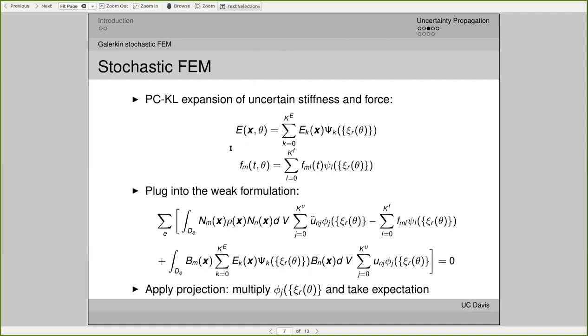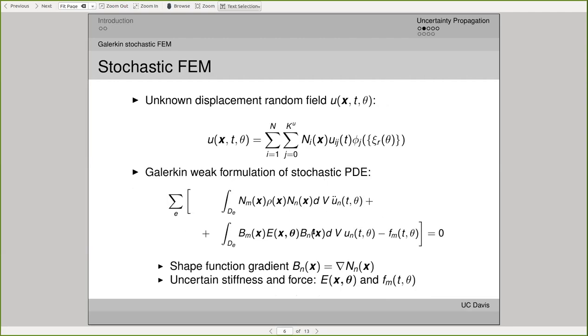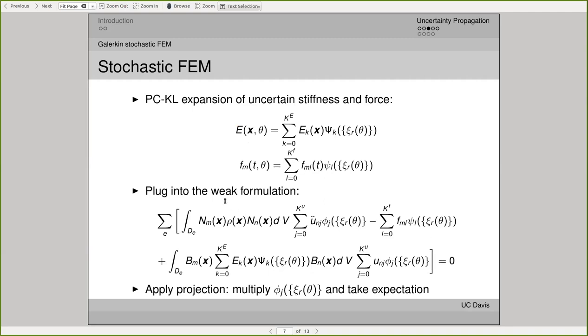We need to perform the characterization of this uncertain stiffness term and this uncertain forcing term using the Hermite polynomial chaos Karhunen-Loève expansion as we presented before. So now we can get this expansion in probabilistic space. And then we combine this expansion with the weak formulation that I showed in previous slides. Then we can get this expanded weak formulation in probabilistic space. This is still an uncertain equation because we have this polynomial chaos here. So we cannot directly solve such an uncertain system of equations.